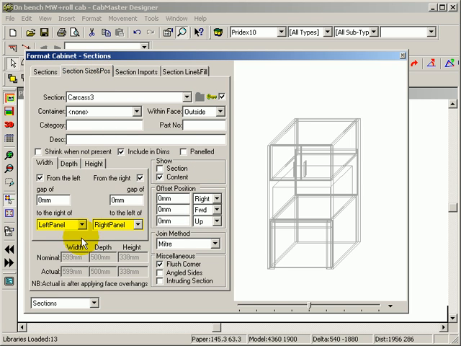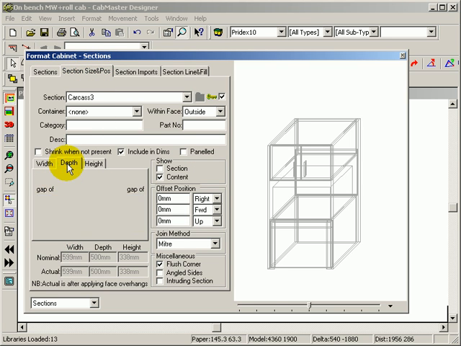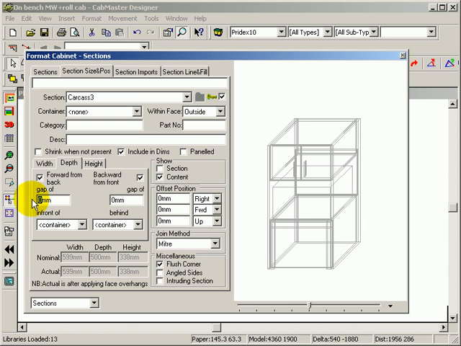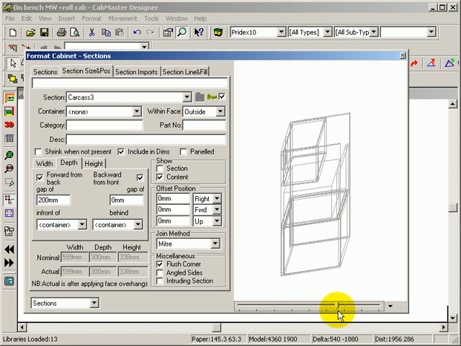then all the other parts within it will move forward too. So if we go to the depth of that part and type in 200mm, you can see there that that's moved the top of that top box forward, which is what we want to do. Now, to put a control in for that into the friendly pages,